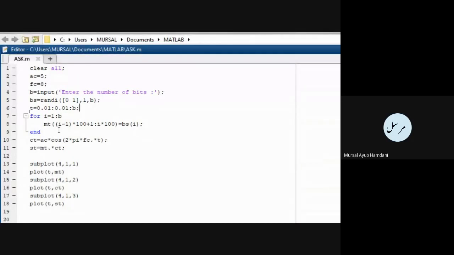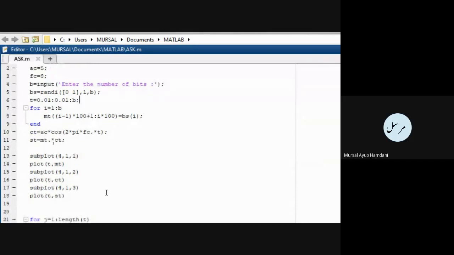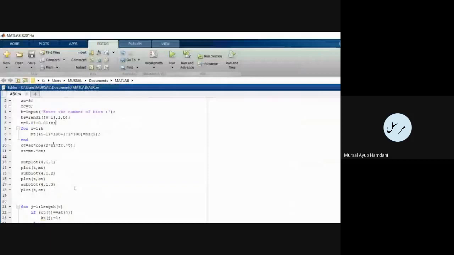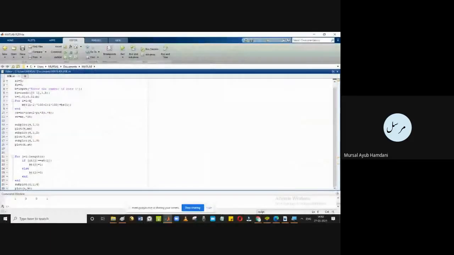Now, sir, this is very complicated. What is this? So let me show you something in a simpler way. You note this down. Now see, the value of I will be from 1 to b. So what will be the first value in this loop for I? It will be 1. So let me write this code when I is equal to 1, and we'll see what it will be.